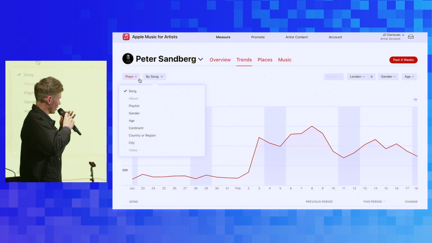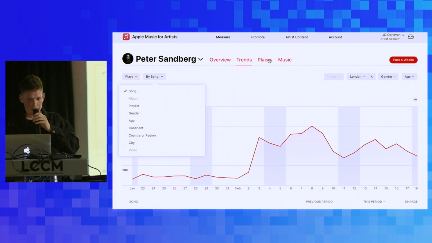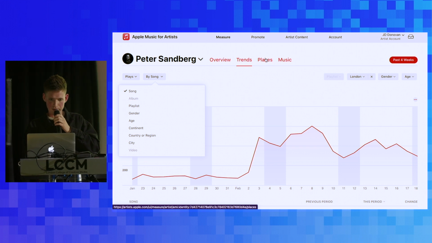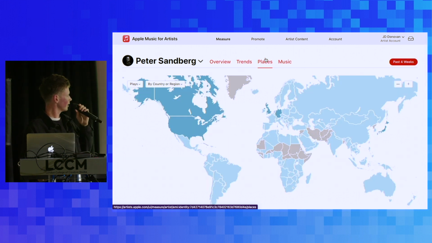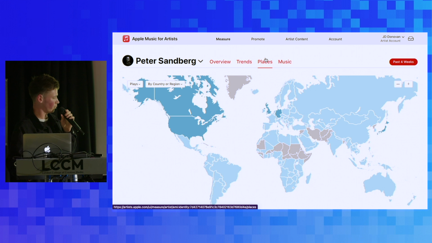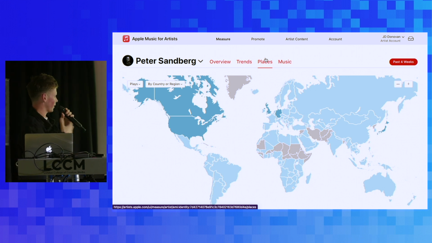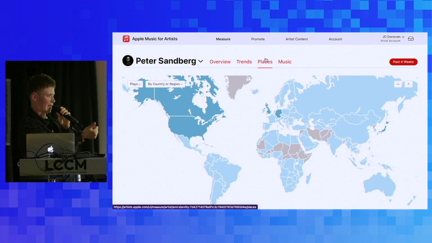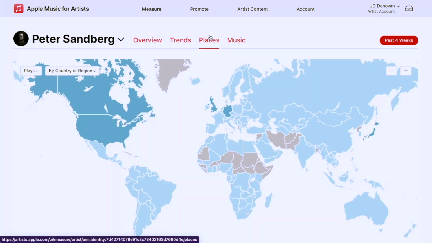Okay. So if we just keep it Apple Music specific for now, if we go through the next tab, it's a bit slow. Okay, there we go. So we can really get into detail here. I think this is reasonably easy to understand. It comes to play for us because we're trying to run marketing campaigns to ultimately sell tickets on a live tour. Peter's live activity, his footprint isn't that big at this point for now. We mostly do Europe. We haven't done a show in the US yet, but we're talking. We haven't done a show in Japan yet, but we're talking. But the more information I have, the more the promoters are going to get on board in those locations and be like, okay, cool.